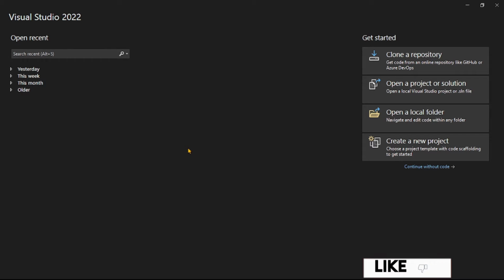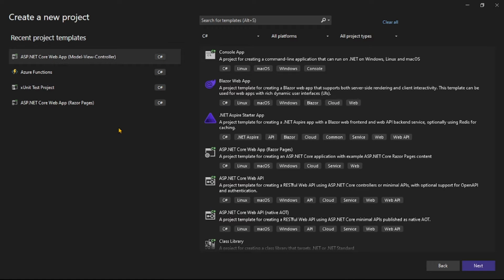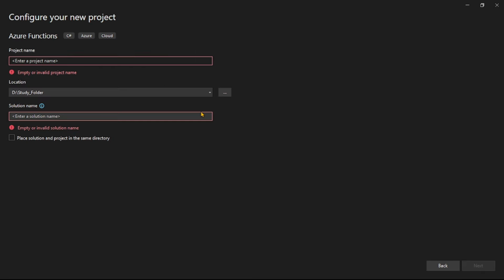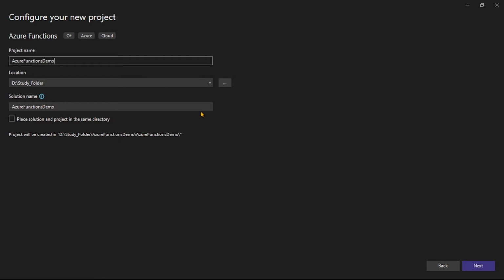So guys, we are in Visual Studio and we are creating a new project. So let's say create a new project. I will say Azure functions. Next, let's give name to our Azure function. So I will say Azure functions demo. Next,